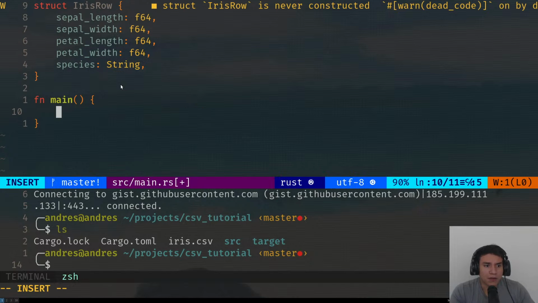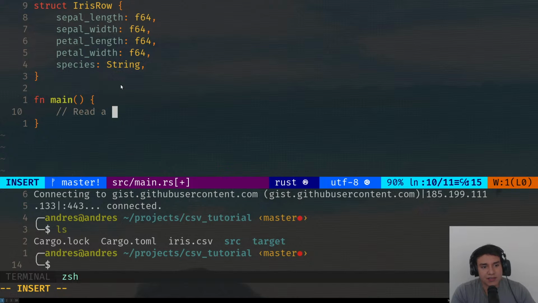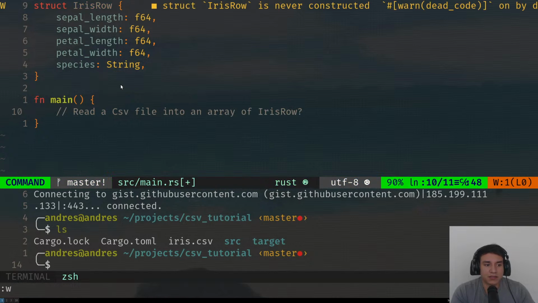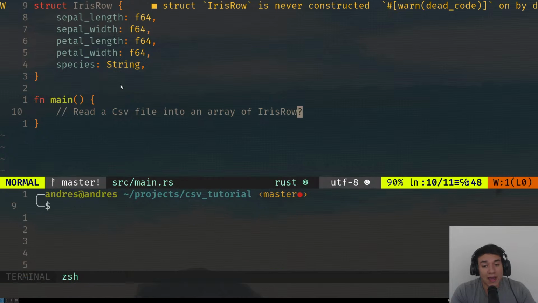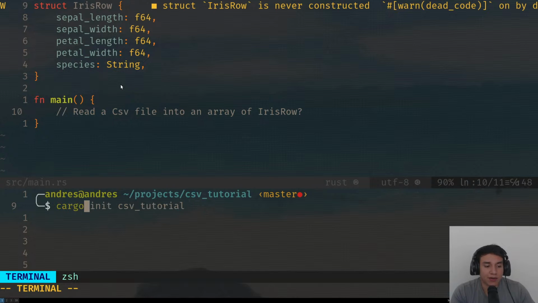So how could we read a CSV file into an array of iris rows? This is our main question, right? So we're going to add some crates. We're going to do cargo add, and we're going to first add Serde. And if you don't know what Serde is,